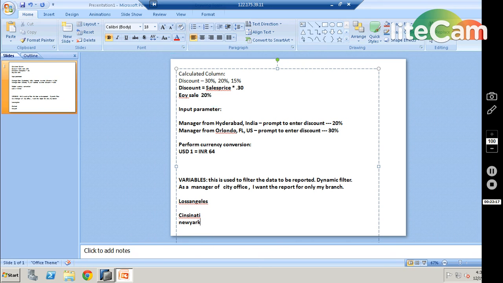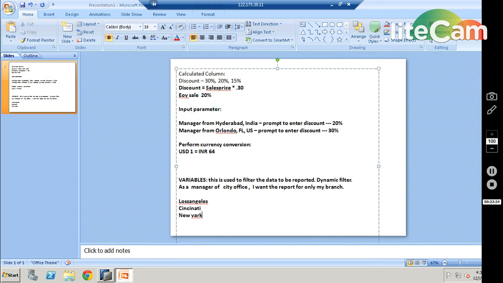So different managers from different cities want their respective cities' information only. They don't want other cities' information or anything else.